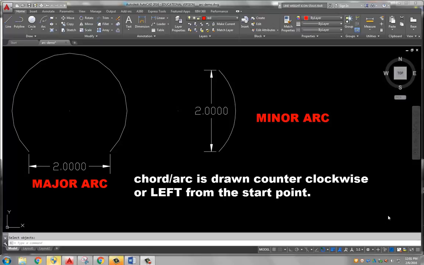Okay, let's take a look at one more option here, and this would be the length option. What they're defining with length is the length of the chord. A chord is defined as a straight line connecting the start point and the end point of the arc. So for example, if I draw a line here from the start point to the end point